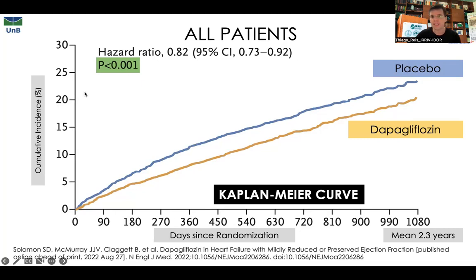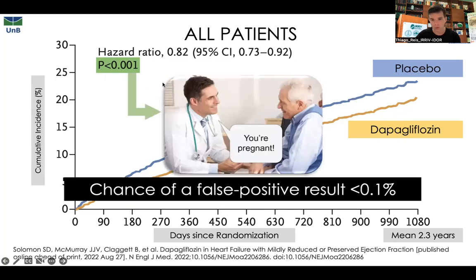And we have the p of 0.001. What does it mean? This p means that the chance, with these numbers, of having a false positive result is less than 1.0%. So one thing is alpha. Alpha was what we decided to accept as the rate of false positive. It was 5%. But the results of this trial are way below 5%,